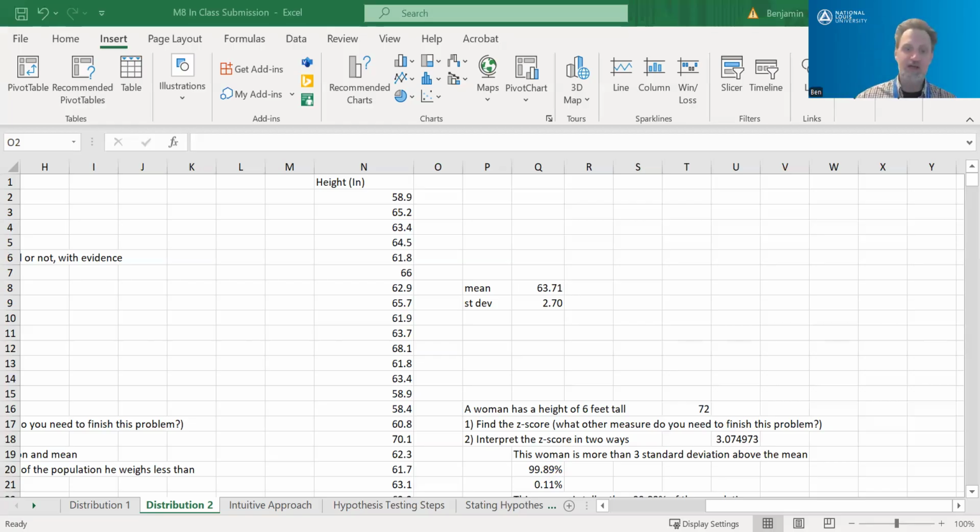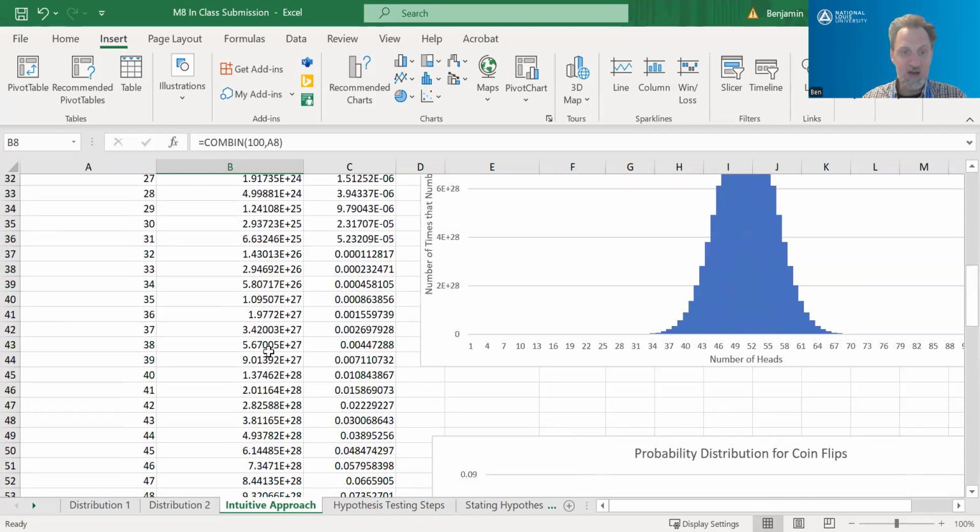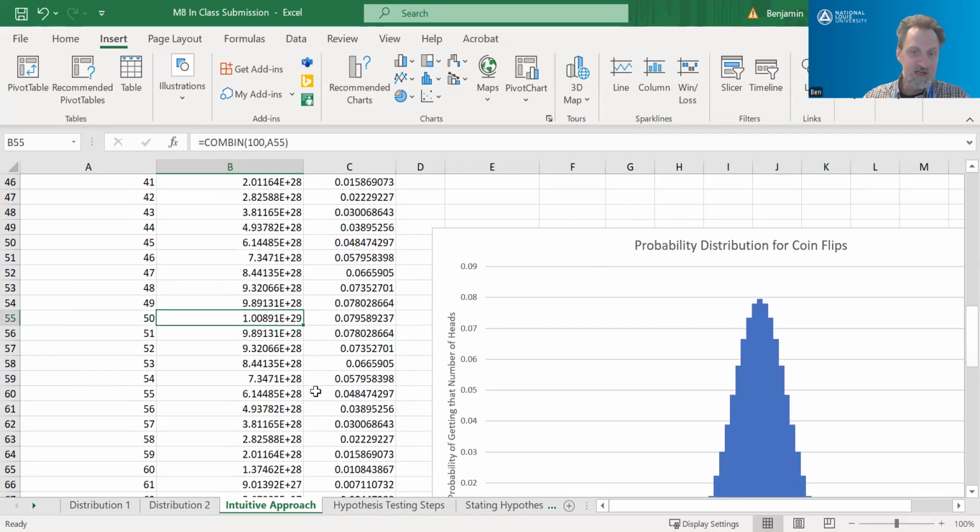So the example that I've got in the Excel file here is that we've got a coin, and the assumption is that it's a fair coin, which means it's a 50% chance of coming up heads or tails. And what I did is I constructed, using COMBIN, which is combinations, how many different ways I could flip 100 coins and end up with 3 heads. Already by the time you're looking at 3 heads, it's a massive number. By the time we get into the more likely combinations in the middle, this is times 10 to the 29th.